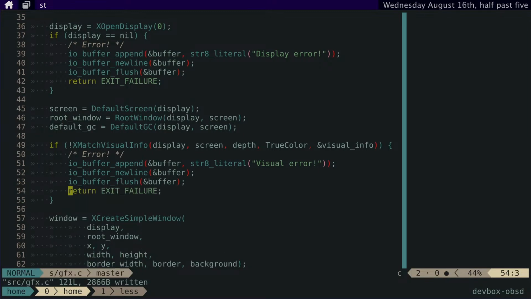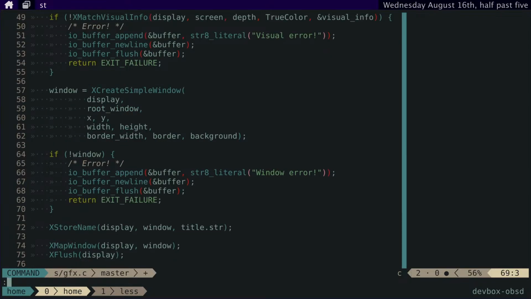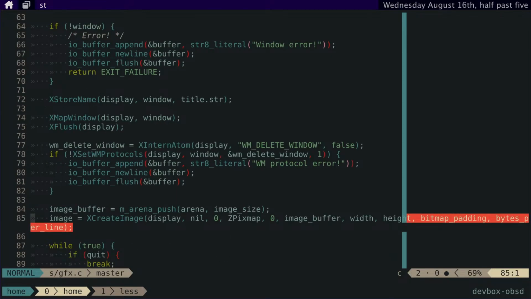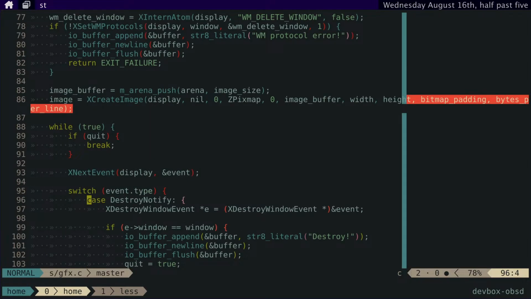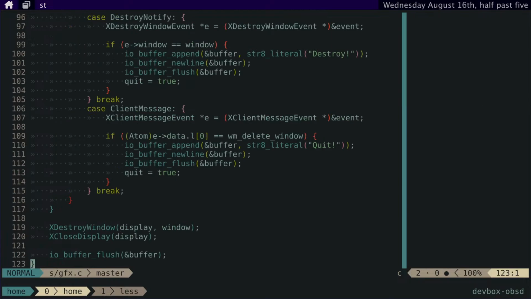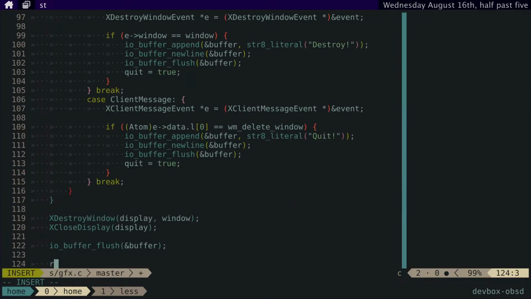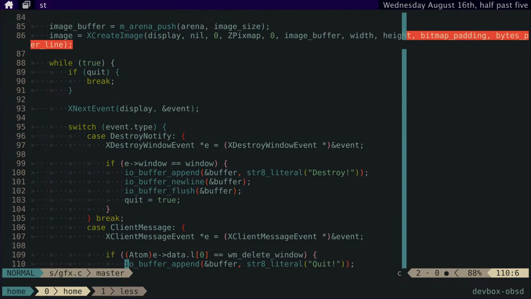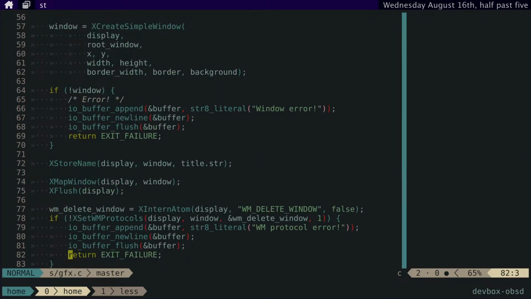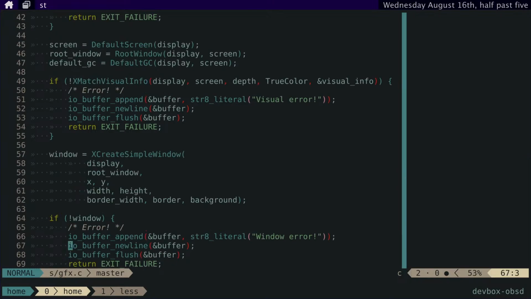So we'll just return here and return and return here. And then at the end, we can return exit success. Cool. Okay, so now that we have the visual information,